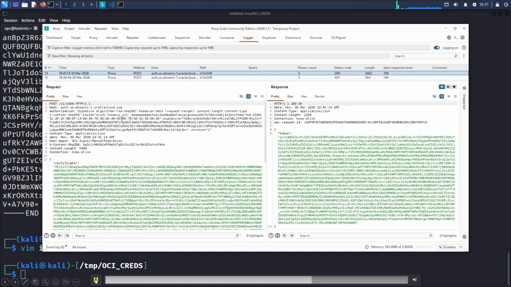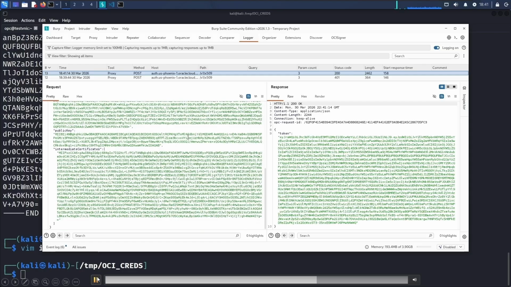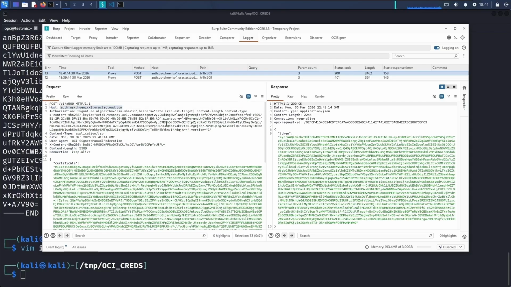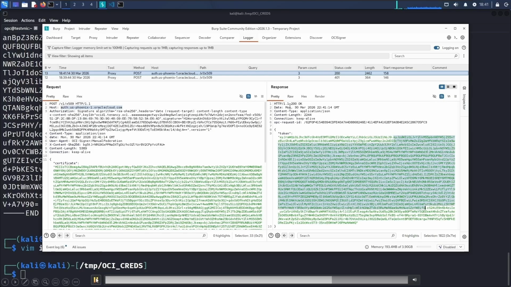And this is what it looks like, that initial exchange. So again, because I have that proxy, you can see what it looks like. So I posted, I sent all these different certificates, and it just responded with one big token blob, right? And that token blob is what I'll use in future requests. So this was to get the token back. And again, normally this is something that would be invoked from the compute instance, or you would see this from the compute instance, but it's just an HTTP request, so we can just call it from our localhost.